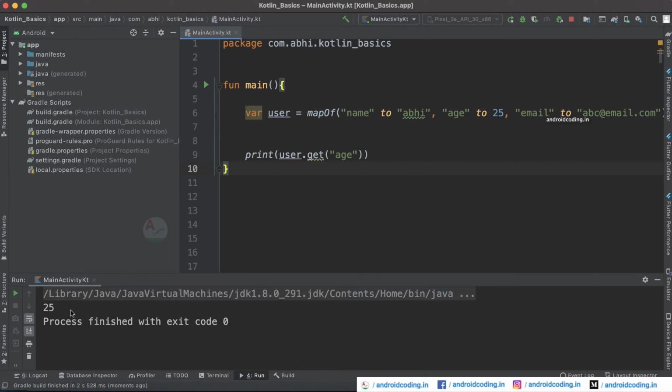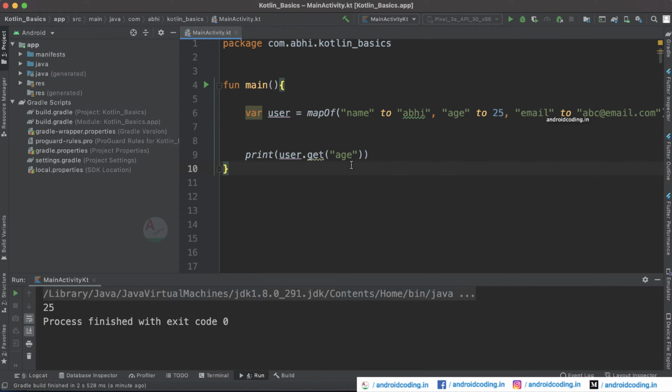In real-time programming, these maps are very useful where you want to populate the username. Whenever the user is successfully logged into your application and you want to provide a message like welcome and append his name, in that particular scenario this key value retrieval plays a key role.